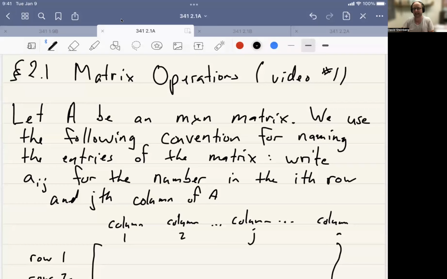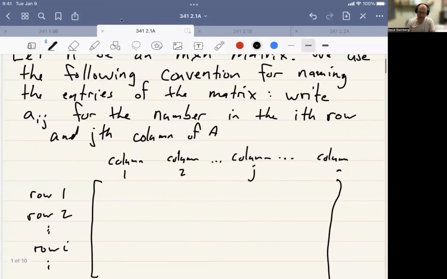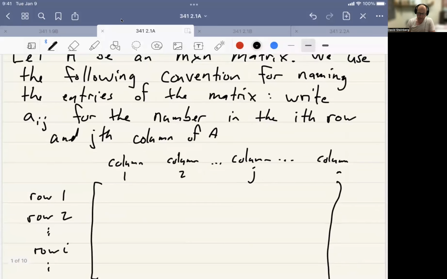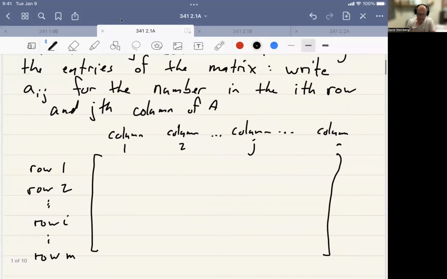So let A be an m by n matrix. We use the following convention for naming the entries of the matrix. We write a_ij, lowercase a_ij, for the number in the ith row and jth column. So in row 1, column 1, it's a_1,1. If we're still in row 1 in column 2, this is a_1,2. And so on. This is a_1j all the way down to a_1,